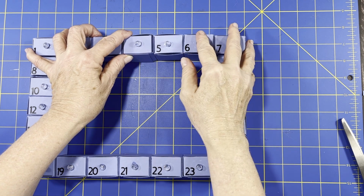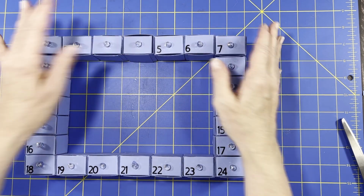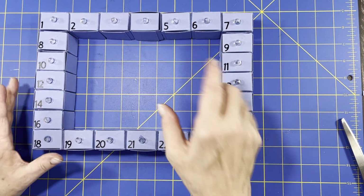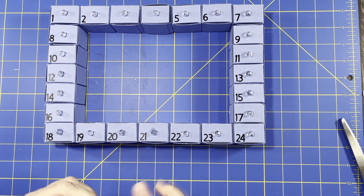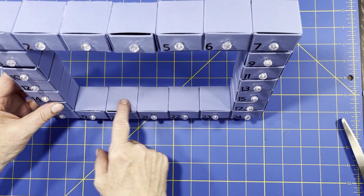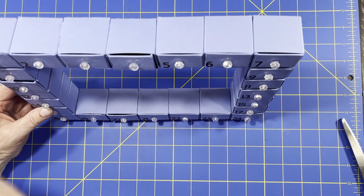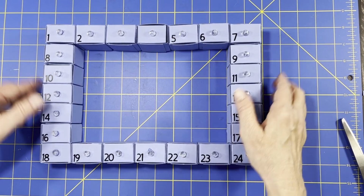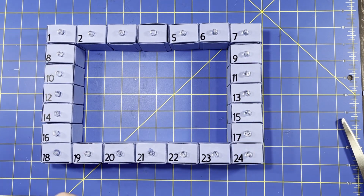All right, so next thing I did is I put chipboard around here. Once you put the backing on, you didn't really have to. I did it to cover up the lines. You can just put paper in there though, if you want. But I'm giving one as a gift, so I want to make it really, really sturdy. So for the chipboard, whatever chipboard you have on hand,